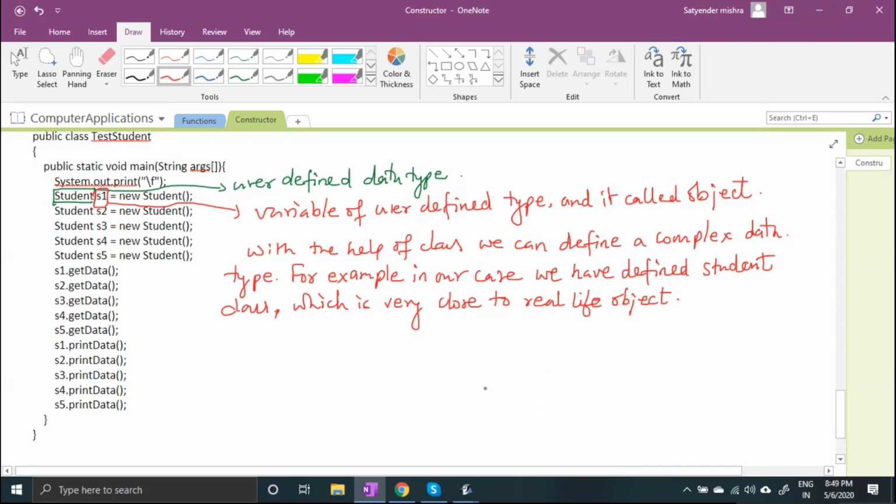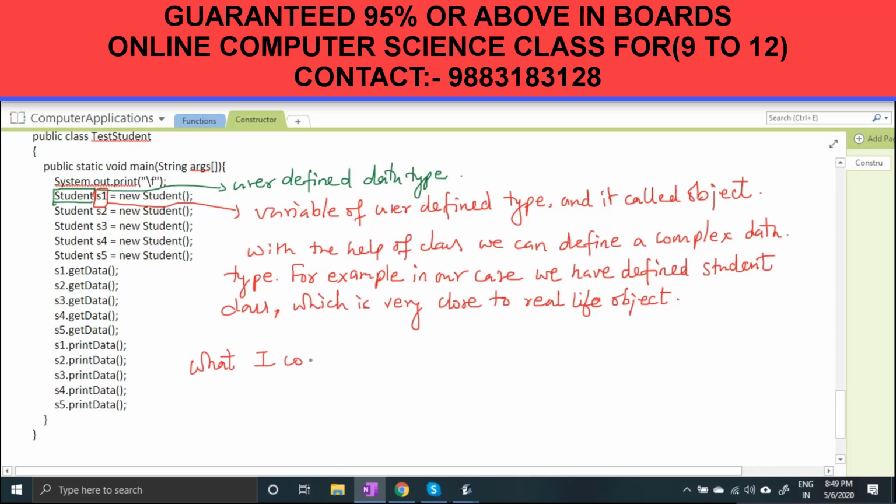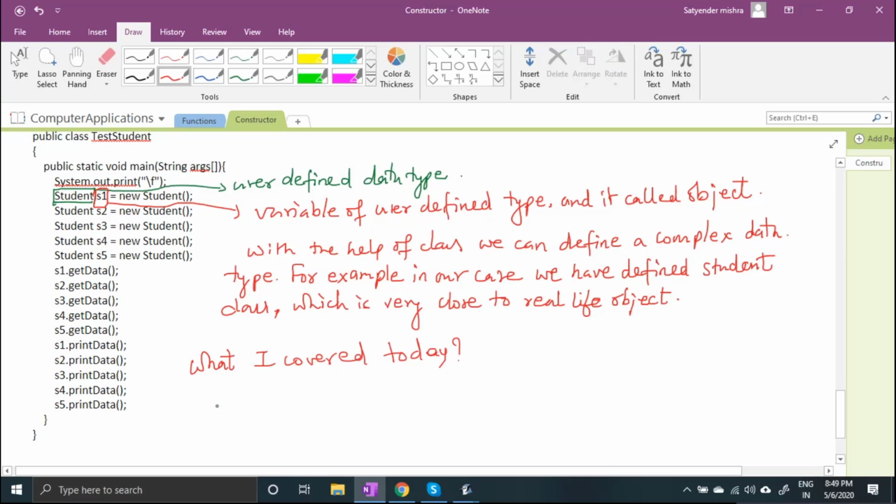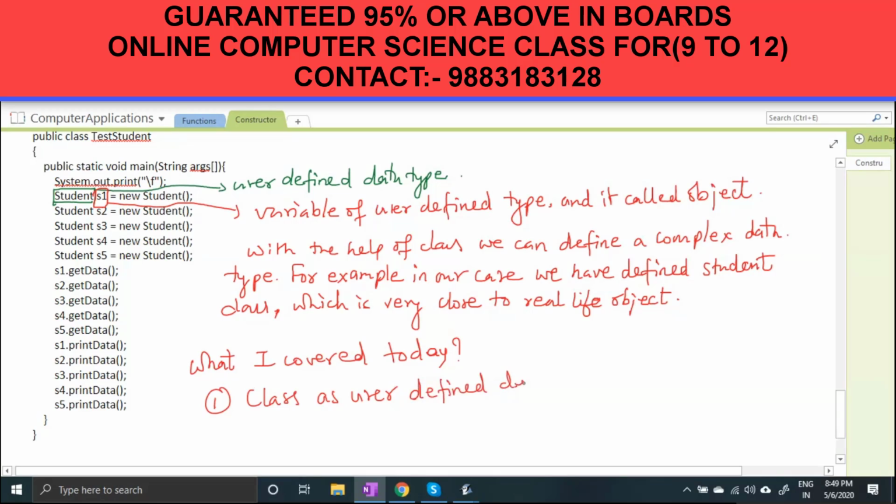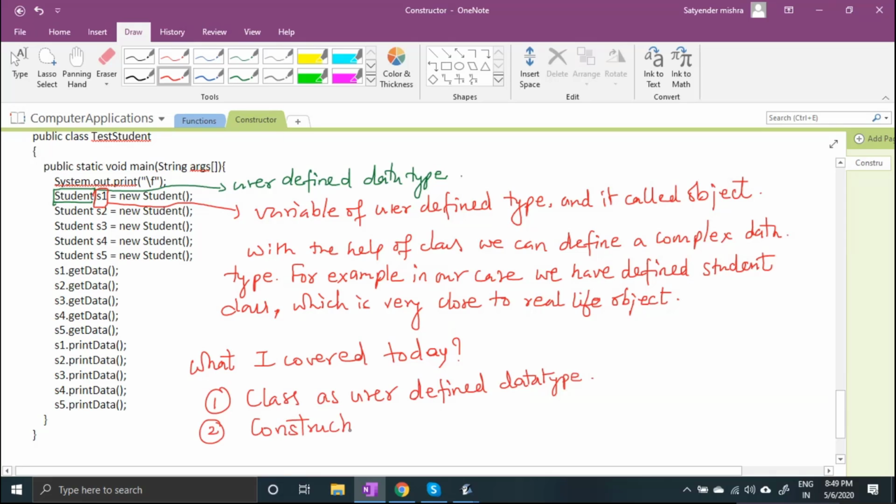So what I have covered today: class, object, user defined methods, then instance variables. I have covered class as user defined data type, and I have covered constructor. I have covered only one constructor called default constructor.